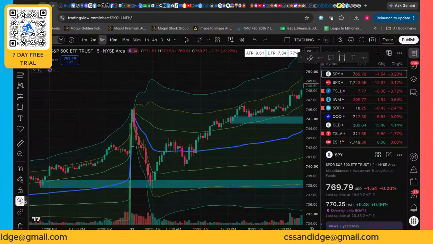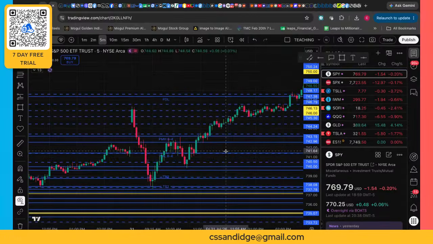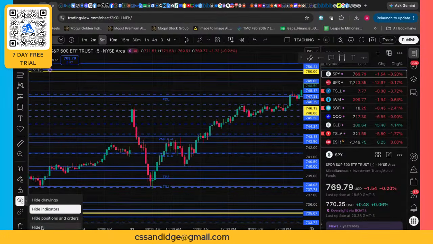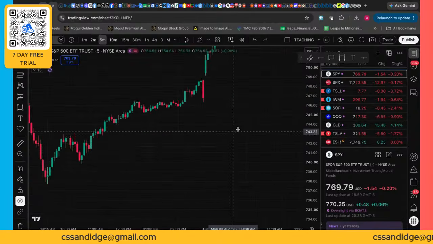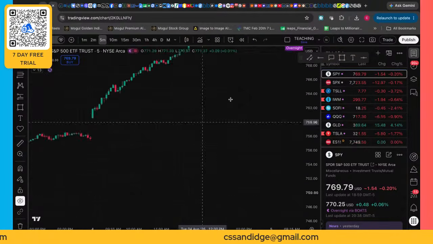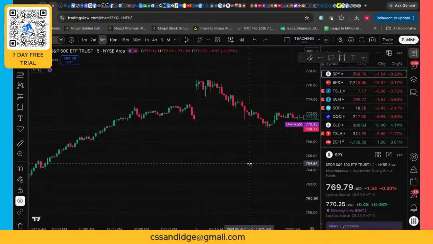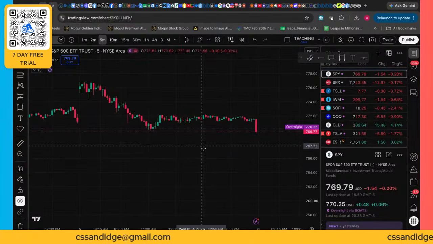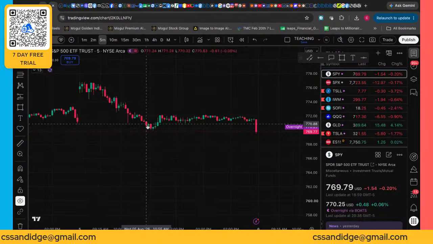So one, I'm going to cut my indicators off so you can look at the market today. I'm going to cut everything off actually. And we're going to come back over here to SPY. So I traded SPY today. I did not get into SPX, I was being chicken. But if I look at the chart today, you can see the first move was down.